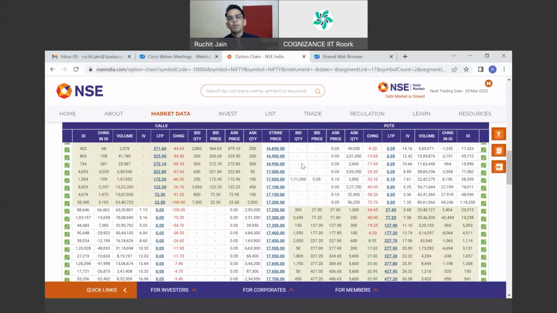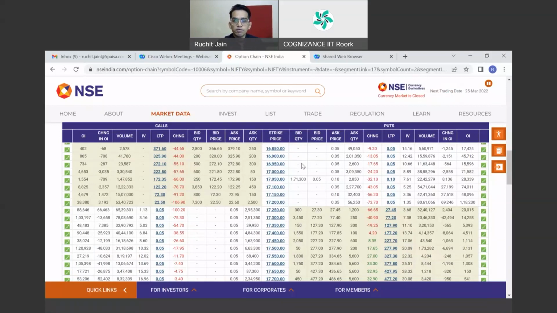Now, this out of the money today is not necessarily going to be out of the money on the expiry day. Today, Nifty is at 17,222. Now, when is the next expiry? 31st March, Thursday, the next Thursday. On 31st March, suppose Nifty goes to 17,500. Then which strike price will be at the money? 17,500 call and put, they will become at the money, right?